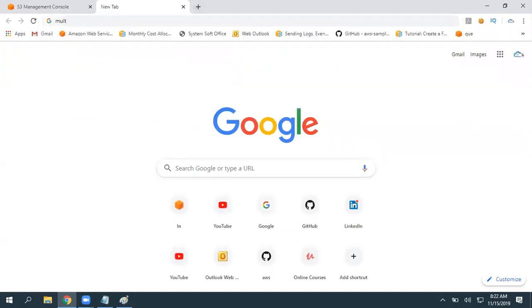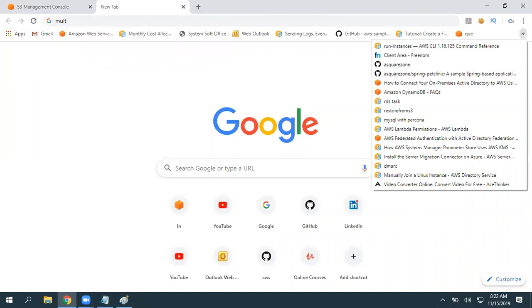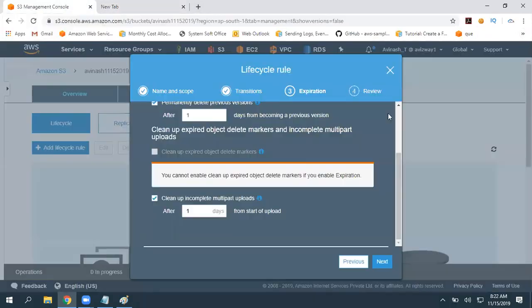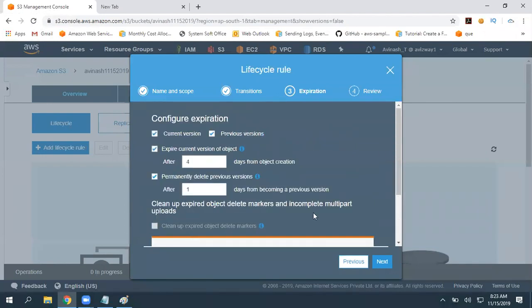We have some third-party tools also. I'll share a couple of URLs for that. I think that's on my office device. So we can use it and we can upload. This is a completely different feature, not a big feature to add. In my opinion, Amazon added that here. So configure the expirations here.